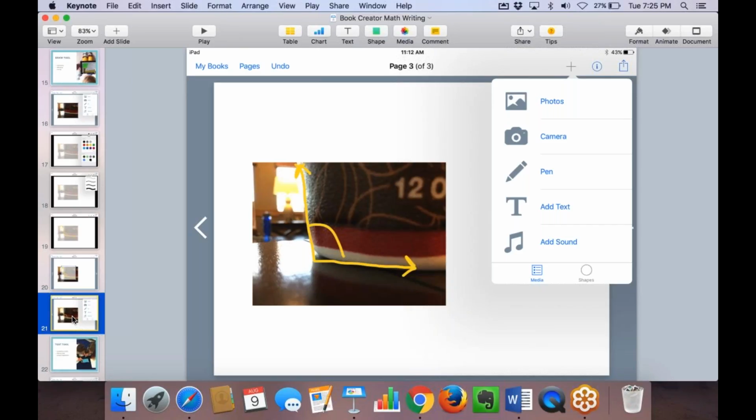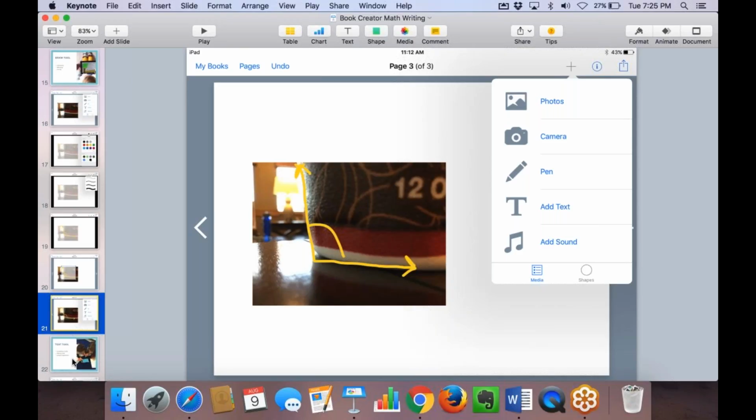Photo tool, excuse me, which lets me take a picture from the past and add it in, and that's where my screenshots will be too. My camera tool, which lets me snap a picture in the moment, like this real world coffee cup that you can see here on the table, as well as take a video, which is perfect for reflections in the math